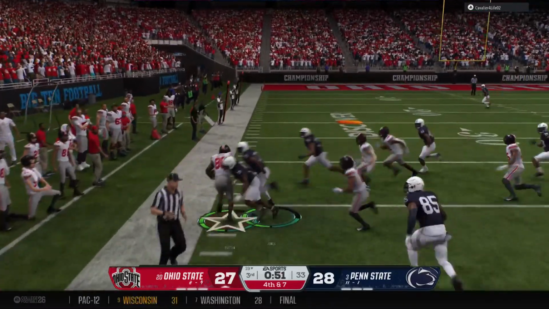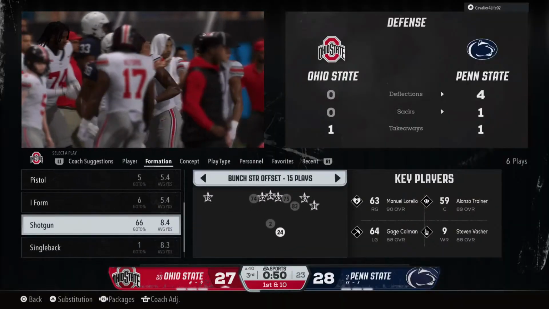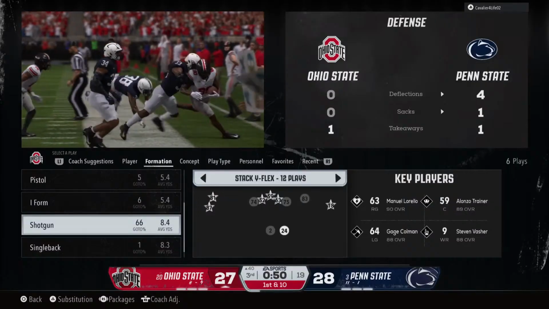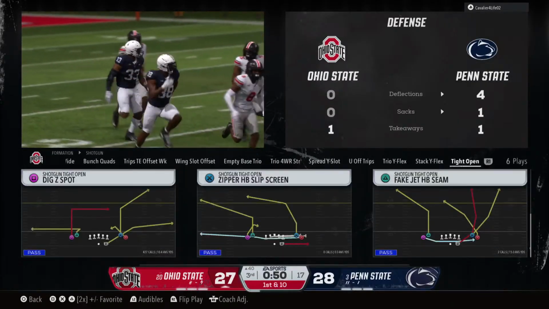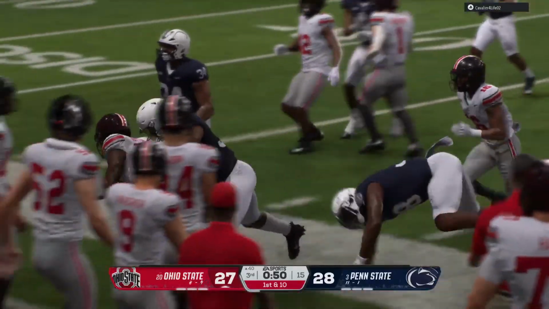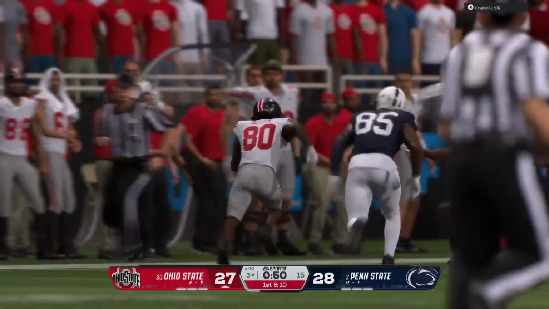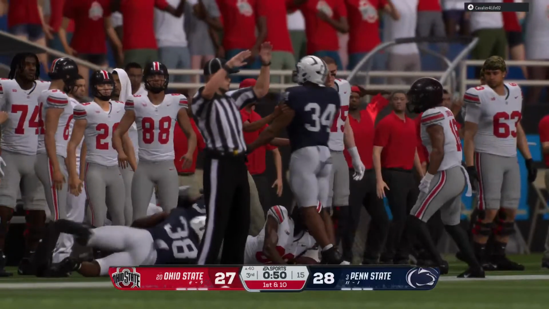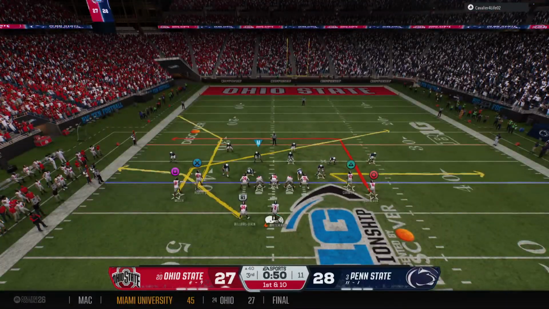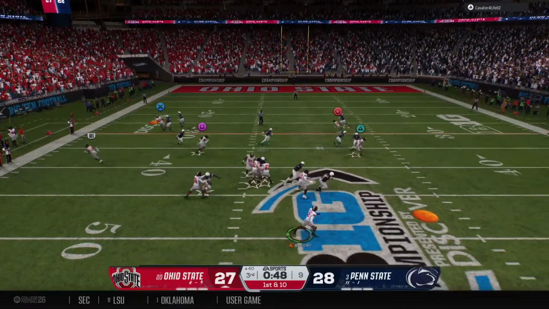He'll field it close to midfield. And he's going to head out of bounds, but not before picking up some good yardage on the return. And the Ohio State offense comes back onto the field. They punch it into the end zone the last time. Let's see if this defense has made some adjustments to stop them this time.